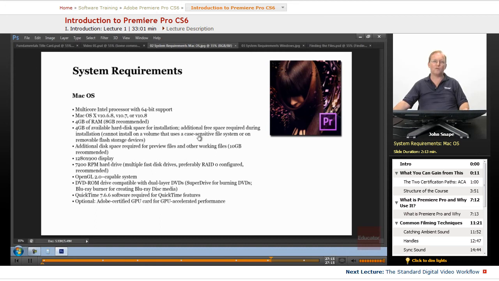If you have a multi-core processor, a very high-speed multi-core processor, you can edit video much faster. And the more RAM you have, the easier it will be to use your Premiere. It'll make it much easier to use. And the third thing is this OpenGL 2.0 capable system, which is the Adobe certified GPU, and that's called